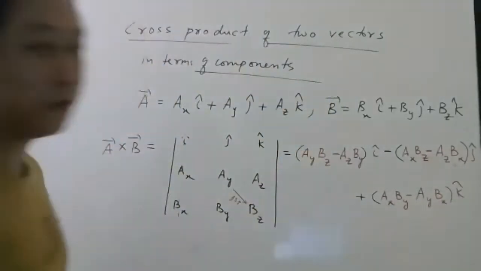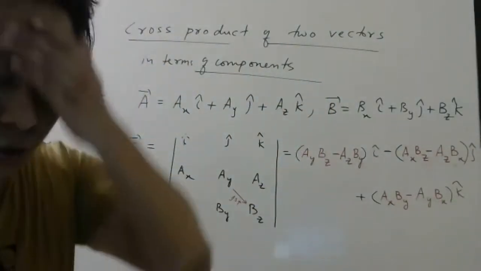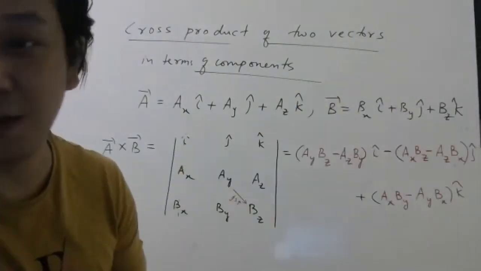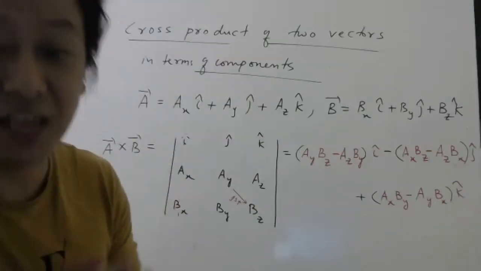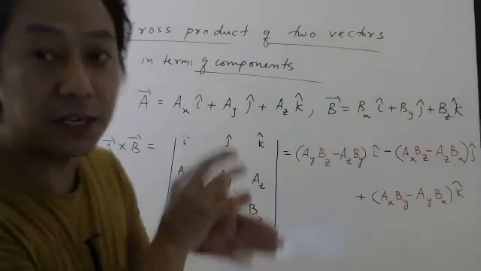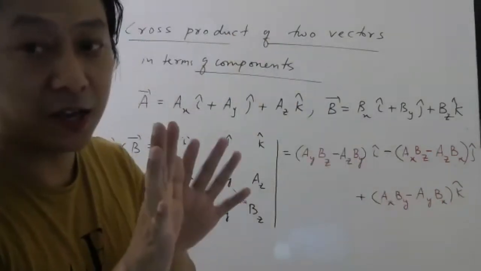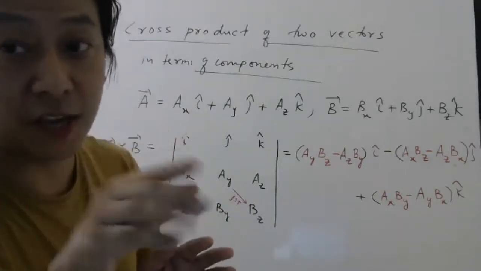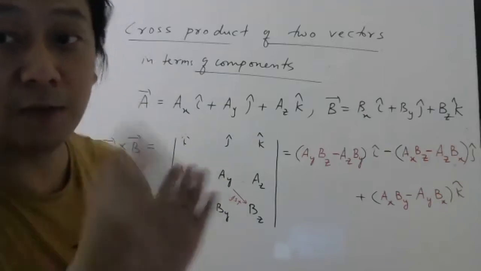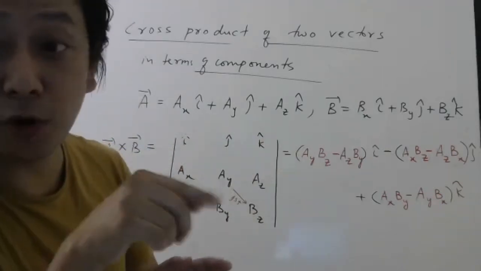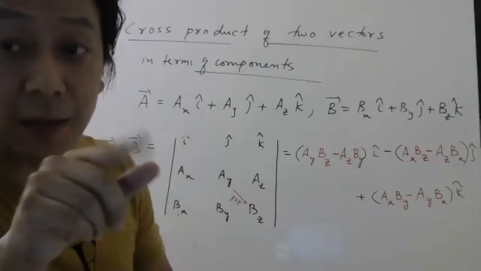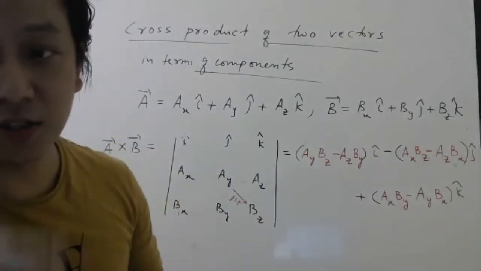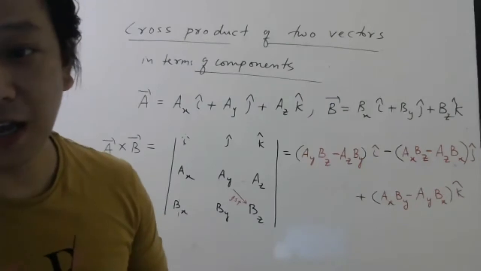So this technique of writing the cross product is much shorter and much easier than multiplying those 9 terms. Out of these, 3 will be 0, 6 terms will come, but still I want all of you tonight to multiply them one by one comfortably. 9 terms will be there. Some of the terms will have I cap cross I cap, that will be 0. J cap cross J cap, that will be 0. K cap cross K cap, that will be 0. And the other terms will have I cap cross J cap, there you write K cap, then J cap cross I cap, something will come. So you remember those 6 results which I gave you. I cross J is K, J cross I is minus K.